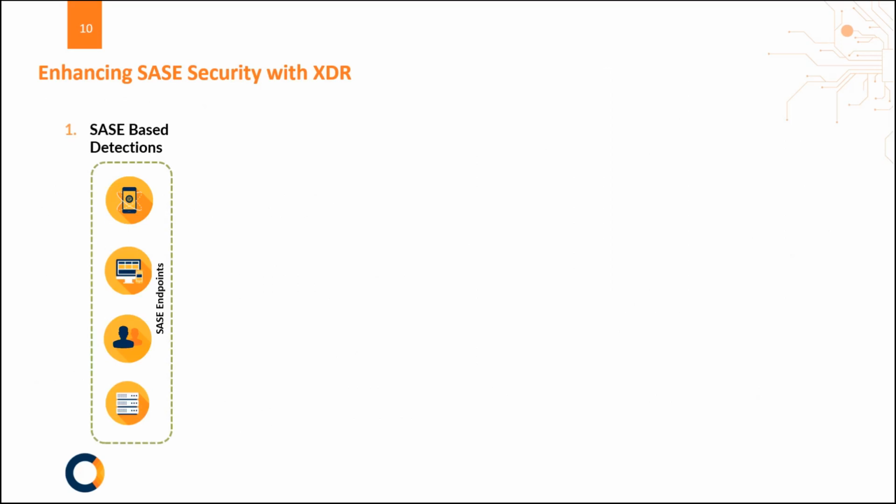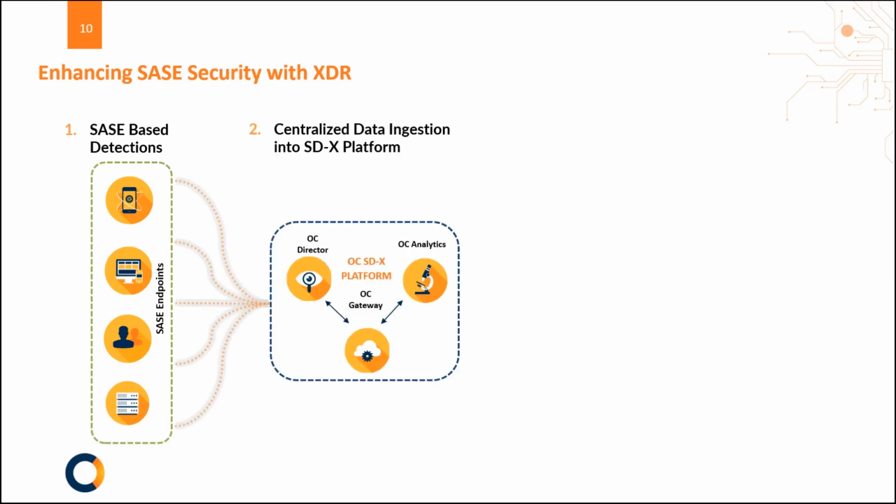So in this slide, we're going to talk about how XDR can be integrated with SASE. We've seen SASE has really helped customers to get visibility into the network from any endpoint, any branch network, any user who is accessing the network through their wide area network or internet or any type of connection that they might be using. So at OmniCloud, what we are doing is we have a centralized orchestration layer. We talked about our points of presence. So we have these orchestrations across the globe in which we are helping customers to connect from anywhere, and we even have regional hubs in which we can help customers to connect